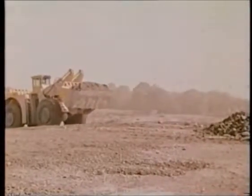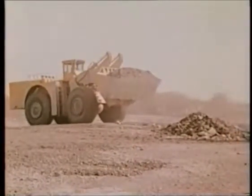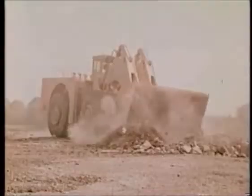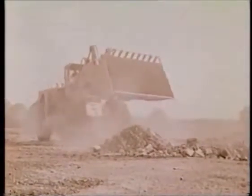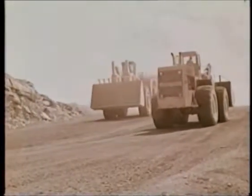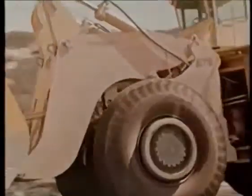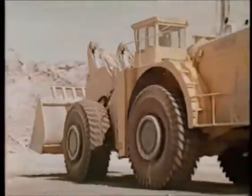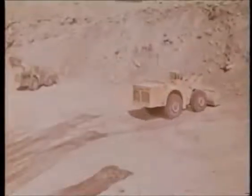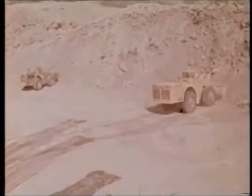At the top of the ramp, the load is quickly dumped into the crusher, and the machine turns to go back down into the quarry. At the time this film was shot, the 675 and 475 together were producing at an overall operating efficiency of 93%. 2 machines and 2 operators equaling the previous production of 6 machines, 2 tractor shovels, and 4 trucks, and